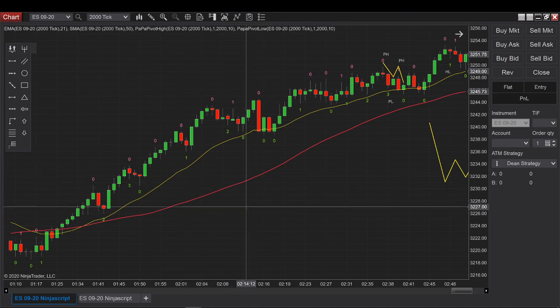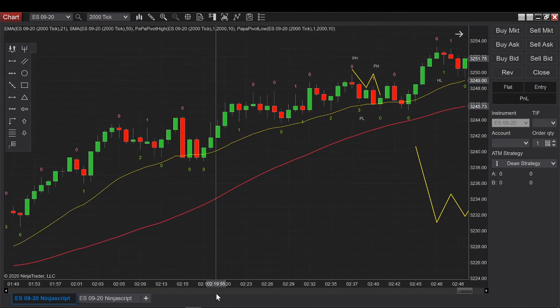But yeah, so that's pretty much it for the first part. So we will see on the next video, okay, how having the count you can have 2-legged pullback. But it's pretty much easy. It's just a rule. The rule will just be to do if-else condition. If I have basically 1 pivot high, so 2 pivot highs before and 1 pivot low before this candle, then I'm pretty much done.